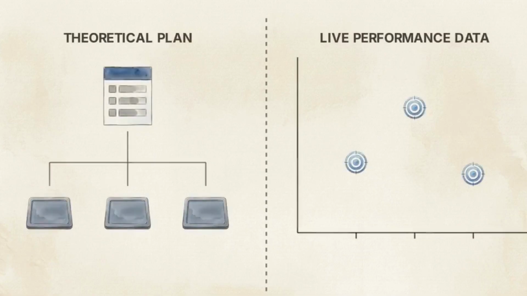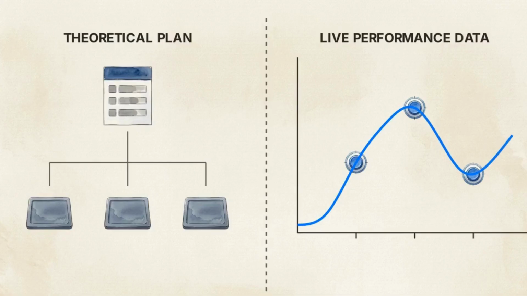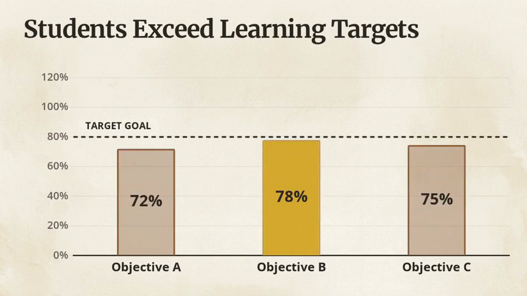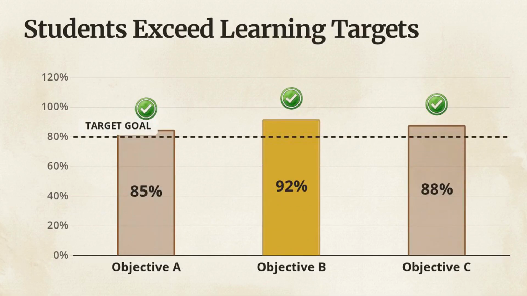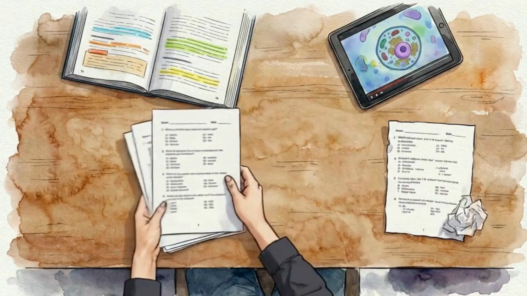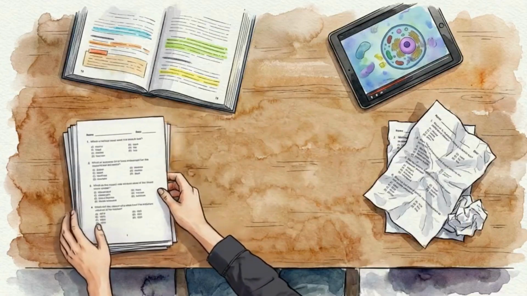Testing the design in a live situation is the only way to validate that the theoretical plan you created actually works for the learners. Finally, you reach the evaluate phase. This is where you look at the results and ask if the students successfully achieved the learning goals you set at the start. You assess the individual components, identifying which activities were the most helpful, and noting any areas where